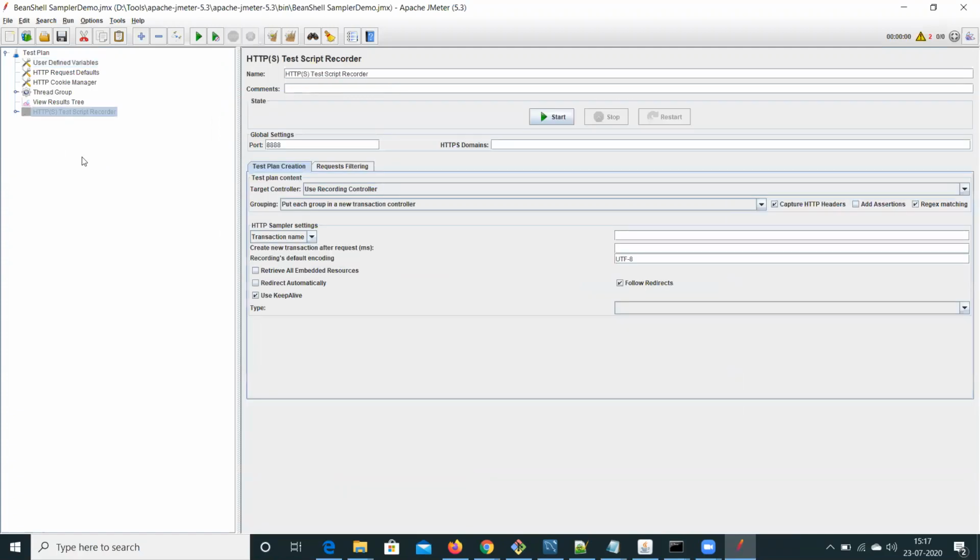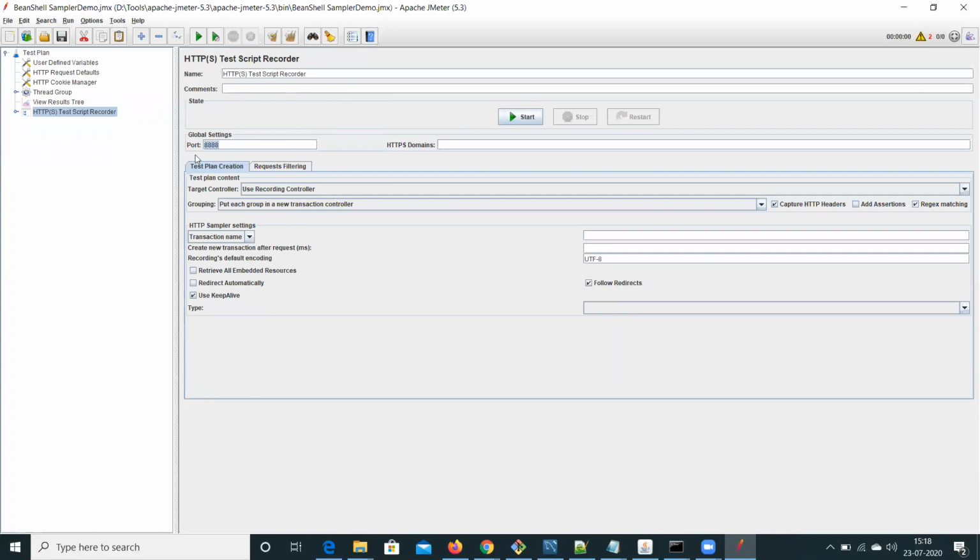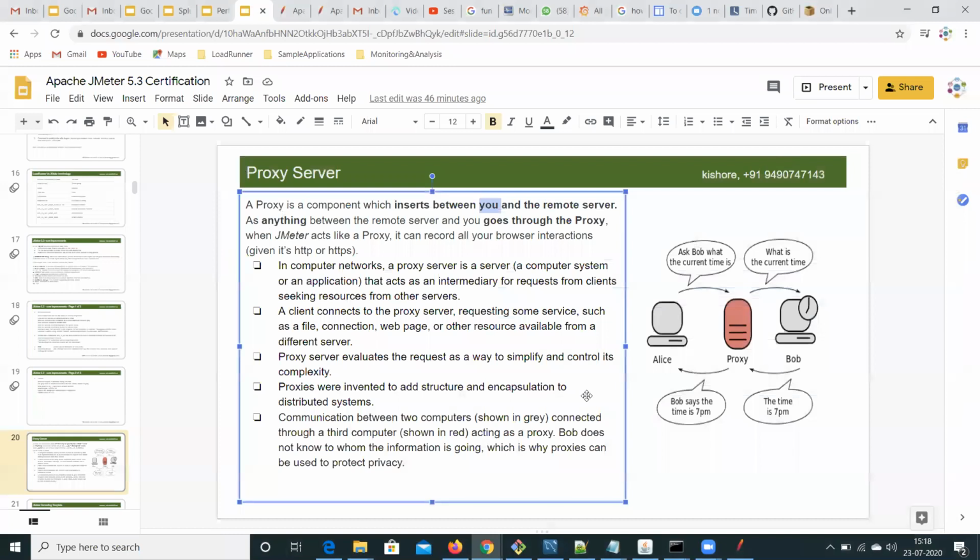So if you want to record a script, we need to use the same port number which this HTTPS test script recorder uses. And we have to use the same port number in your browser. In that way, we have to set JMeter as a proxy between your browser and server.